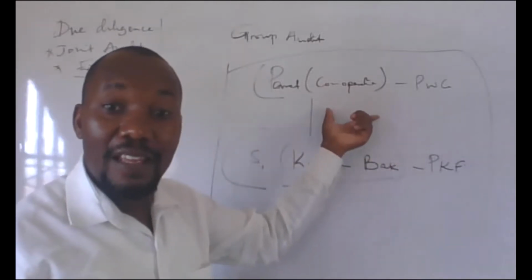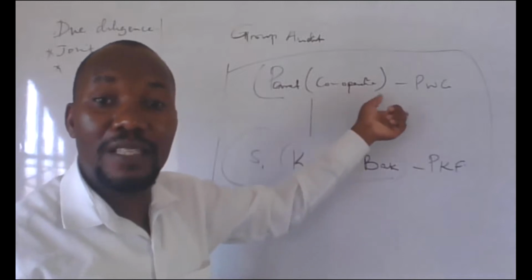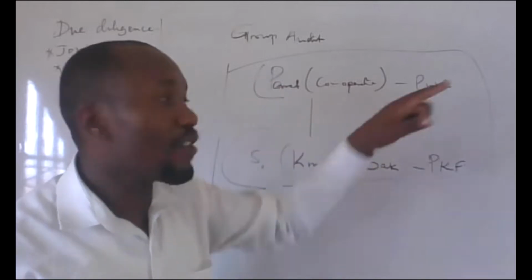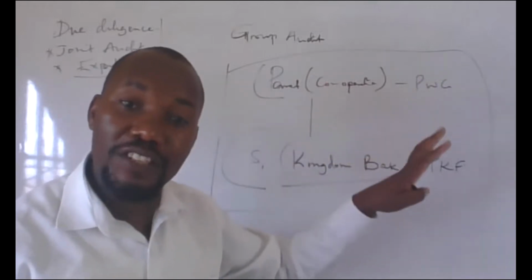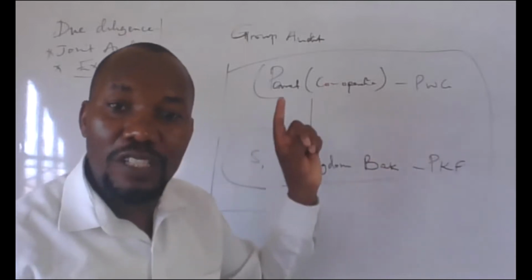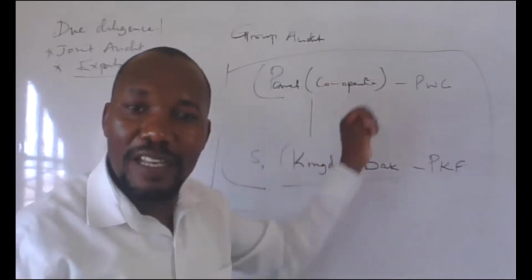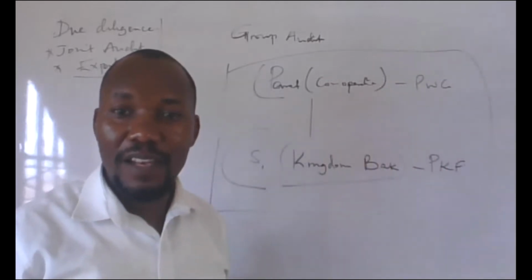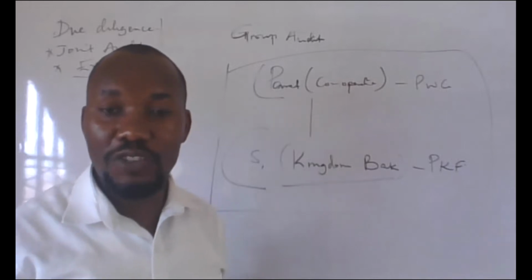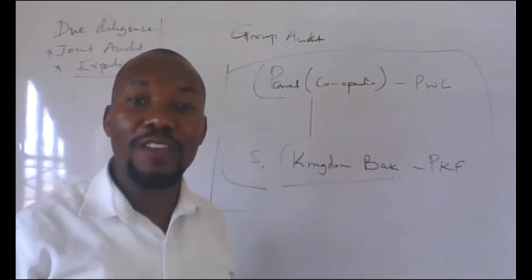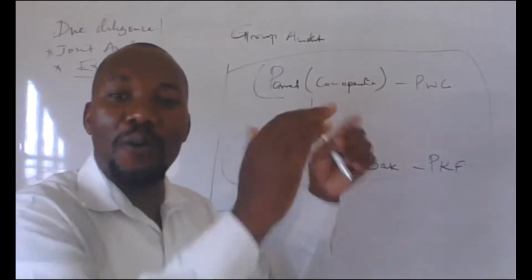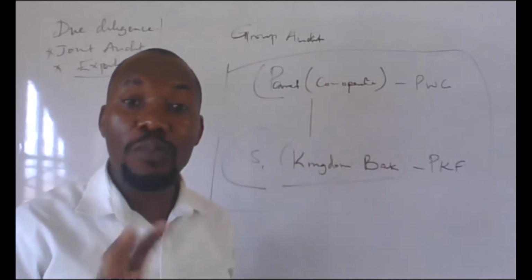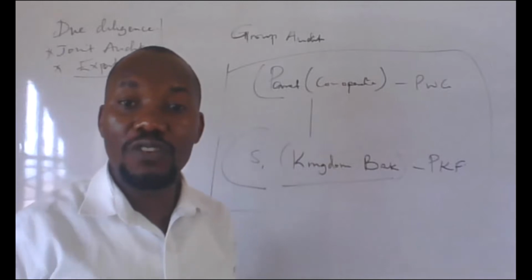The risk there, or some of the challenges here, when it is being done by one person, but we have so many groups, is that the firm that is auditing the group might not have the knowledge in every industry. You cannot have knowledge in mining, financial, textile, farming, everything, no. So that is one of the challenges. Number two, maybe the capacity to do the job. They might be in different fields where you have to do complete audit for one, another one, and then now you come and compile. That is also becoming complicated. So complexity of the kind of business that they do also is becoming a challenge.